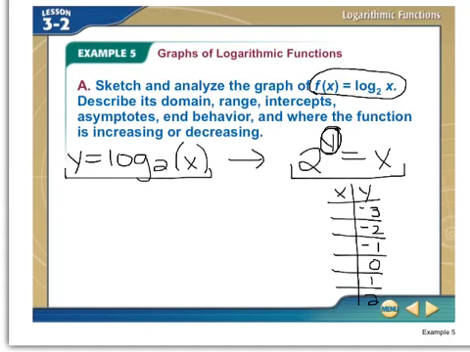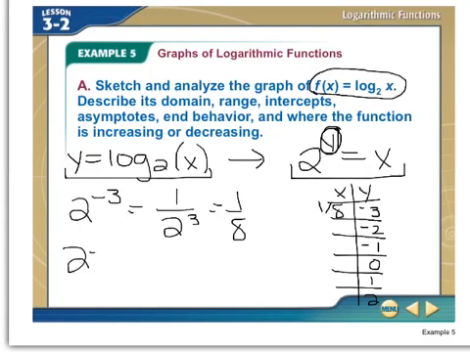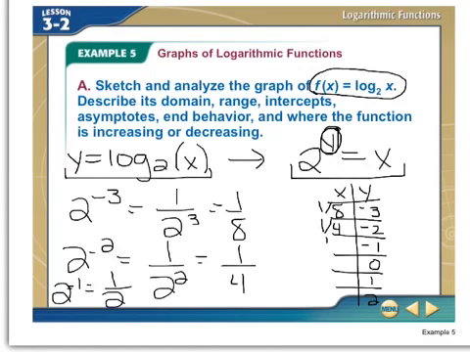So if I substitute -3 for y, that's 2 raised to the -3, right? 2 to the -3 is equal to 1 over 2 cubed, which is 1/8. 2 raised to the -2 is 1 over 2 squared, and I get 1/4. And 2 to the -1 is equal to 1 over 2 to the first, which is 1/2. 2 to the 0 is equal to 1, 2 to the first is equal to 2, 2 squared is equal